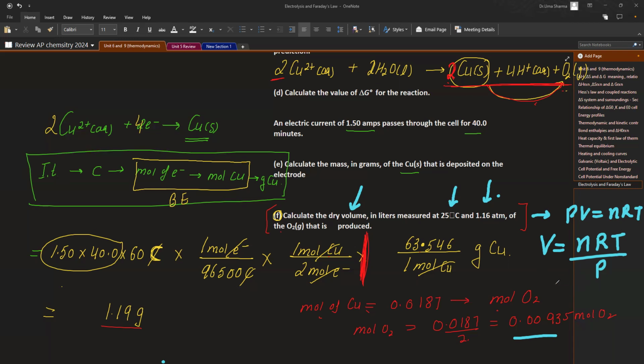So what is n here? This one. We are going to use it for oxygen. This is a gas law. Don't try to use it on copper, okay? Copper is solid. Gas laws are only for gases, not for solids and liquids. Please do not use them on those. I have seen AP testing you for this also. Some students use gas laws everywhere. No, no, it's only for gases. n is